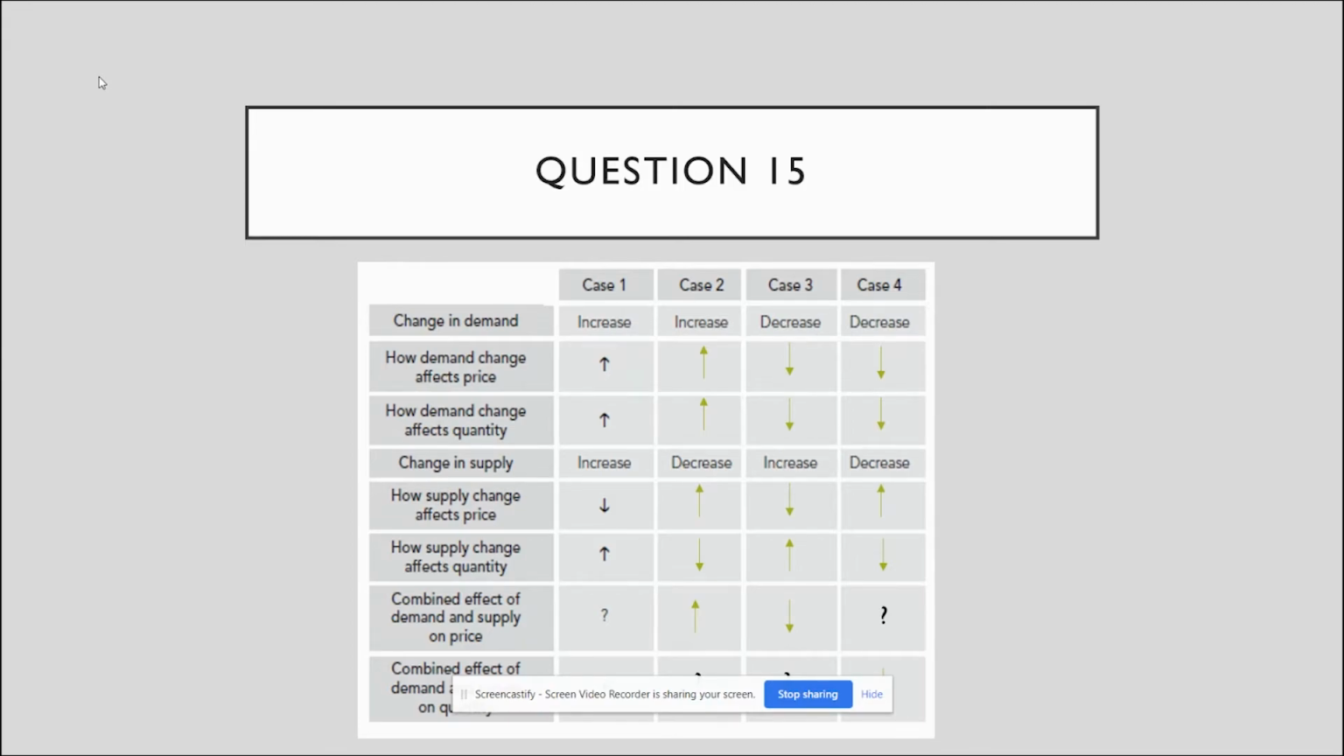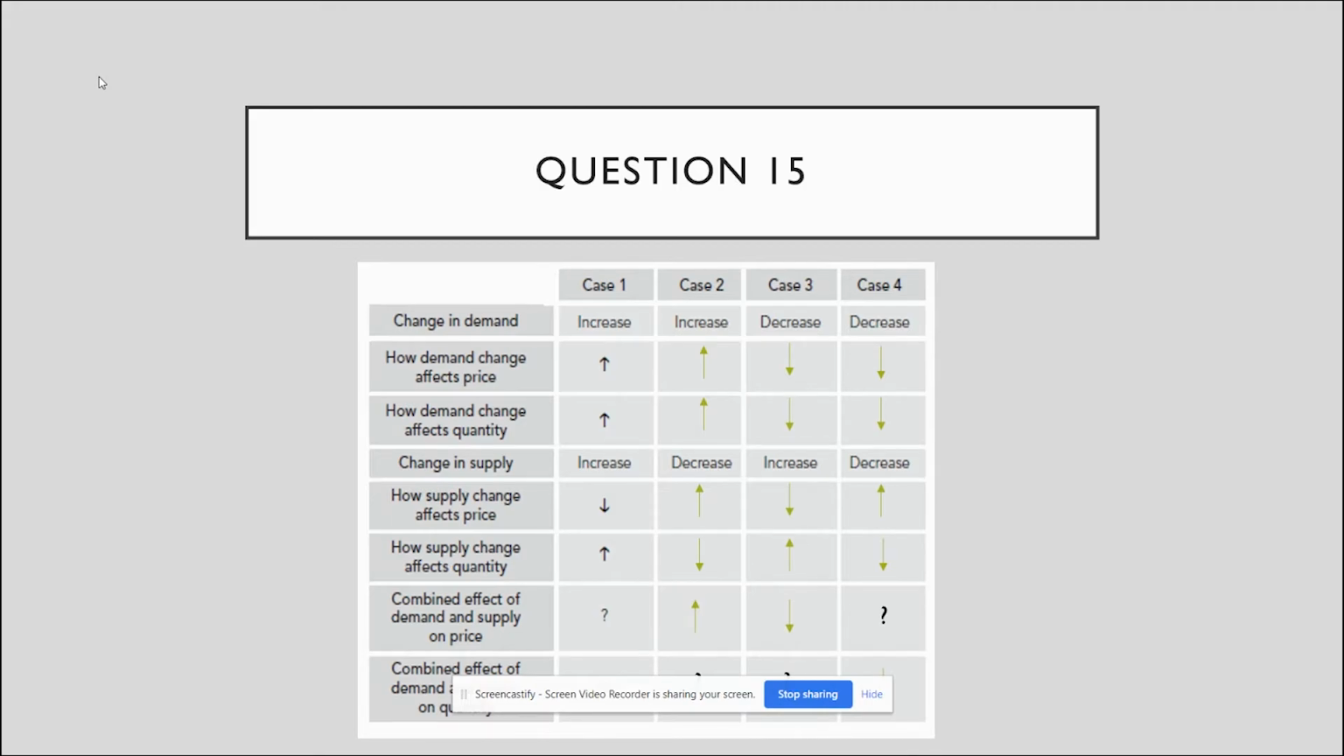However, when the demand increases and the supply increases, we do not know the effect on the price because they have opposite effects. So we don't know what the combined effect would be. And this goes as well for an increase in demand and decrease in supply. For the quantity, we wouldn't know the effect. And we wouldn't know the effect for the quantity either if the demand is decreased and the supply is increased. And if we both have a decrease in demand and decrease in supply, then we do not know the combined effect